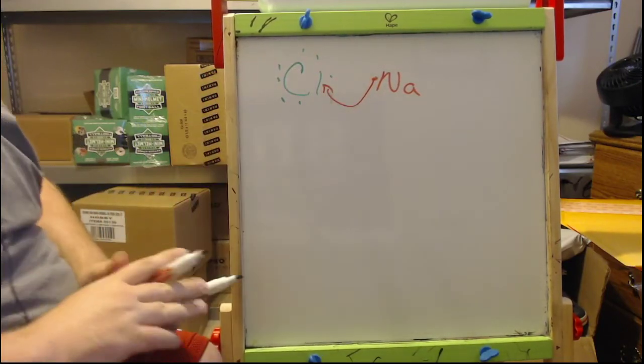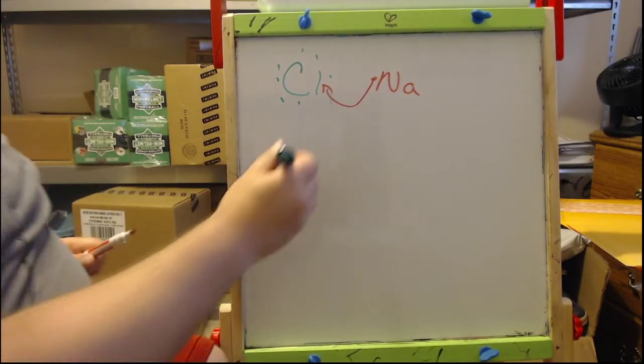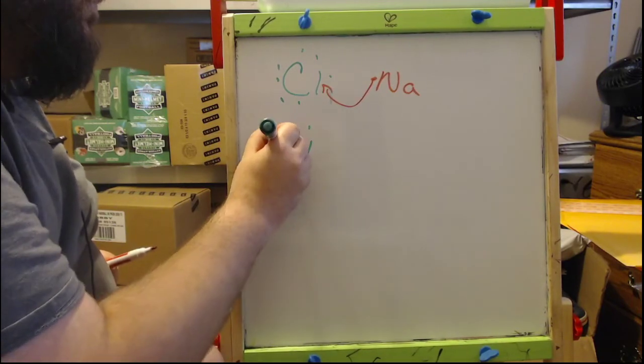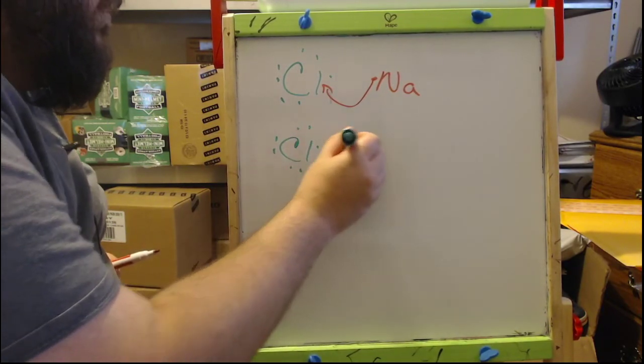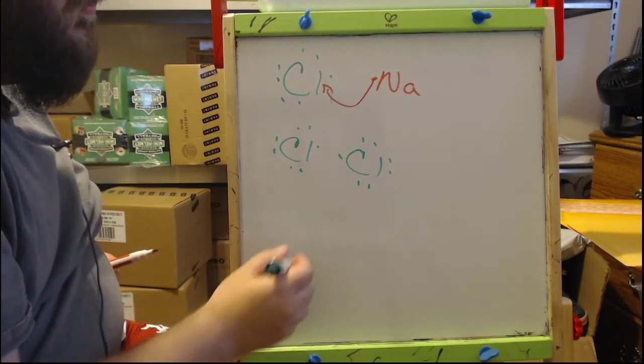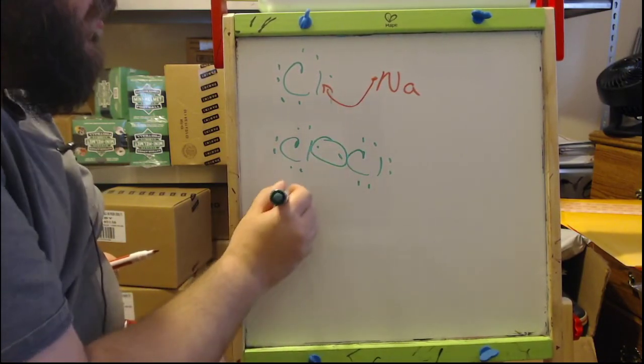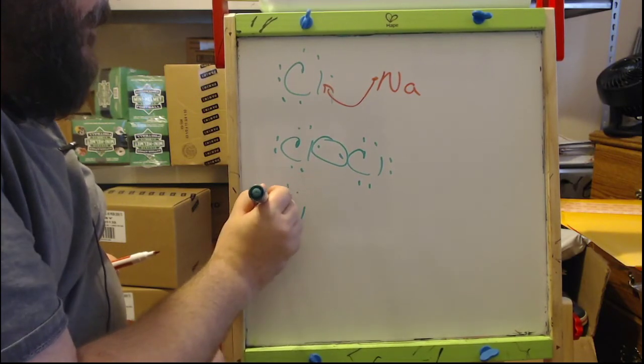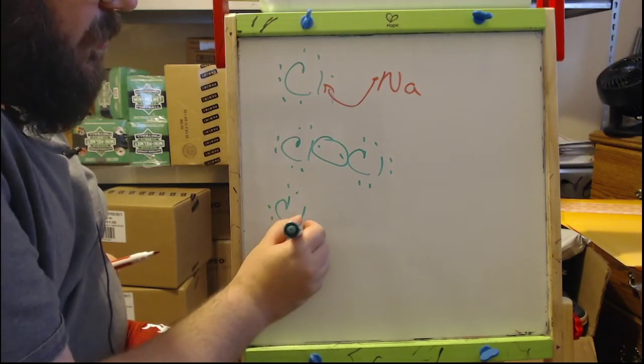So that's our ionic bond, sodium chloride. The problem is what happens if 2 chlorines come together. If 2 chlorines come together, neither one wants to give up an electron. So what they do instead is share the electron. And I think, as I said in the video,